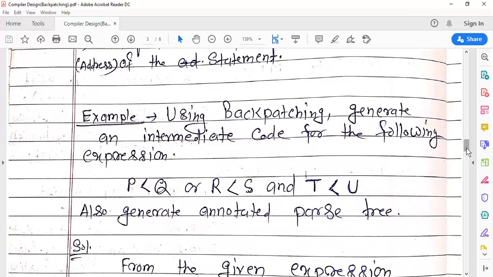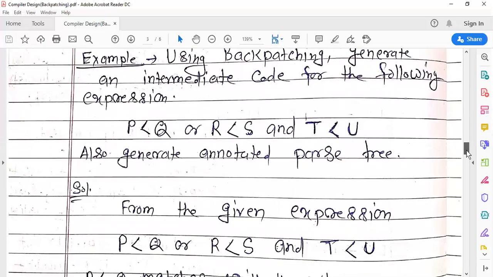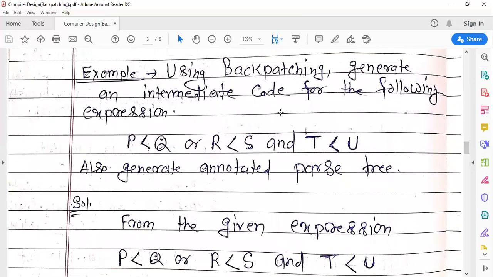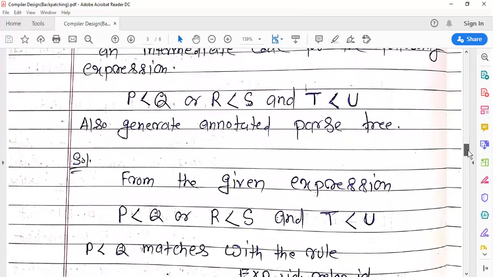In the earlier video lecture I already wrote the three address code without backpatching. If the question mentions using backpatching, then you have to follow the above SDT using the backpatching technique.